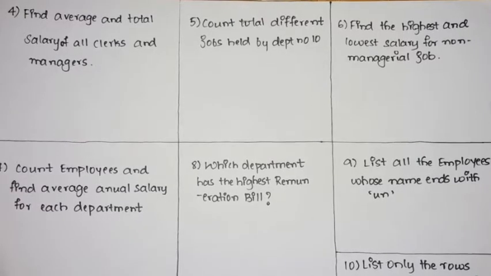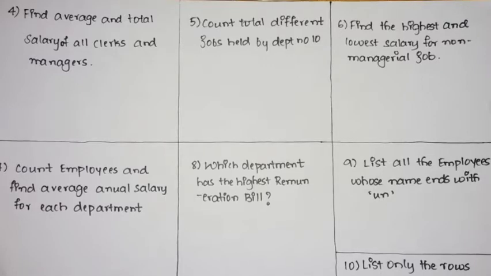So in this video we shall discuss the next set of SQL queries using the aggregate functions. In the previous video we have seen how to write queries using the select clause, as well as some queries using the aggregate functions, that is, to find the highest salary using the max of function. Similarly, we found how to find the minimum salary using the min of salary, then the difference between the salaries.